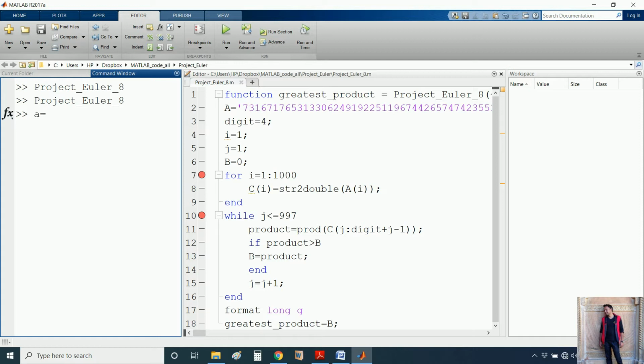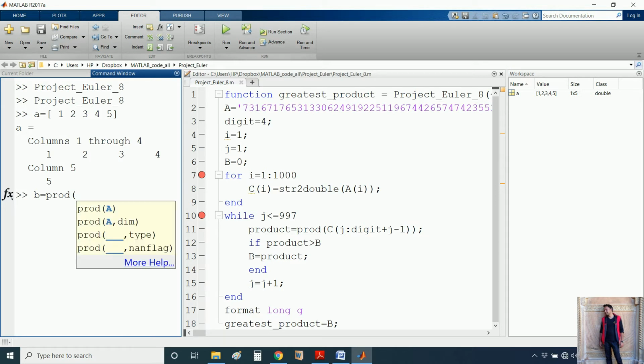Suppose we have a vector 1, 2, 3, 4 and 5. Okay, so if I am defining the vector B, product of A starting from 1 and ending at 2, the answer is going to be 2.